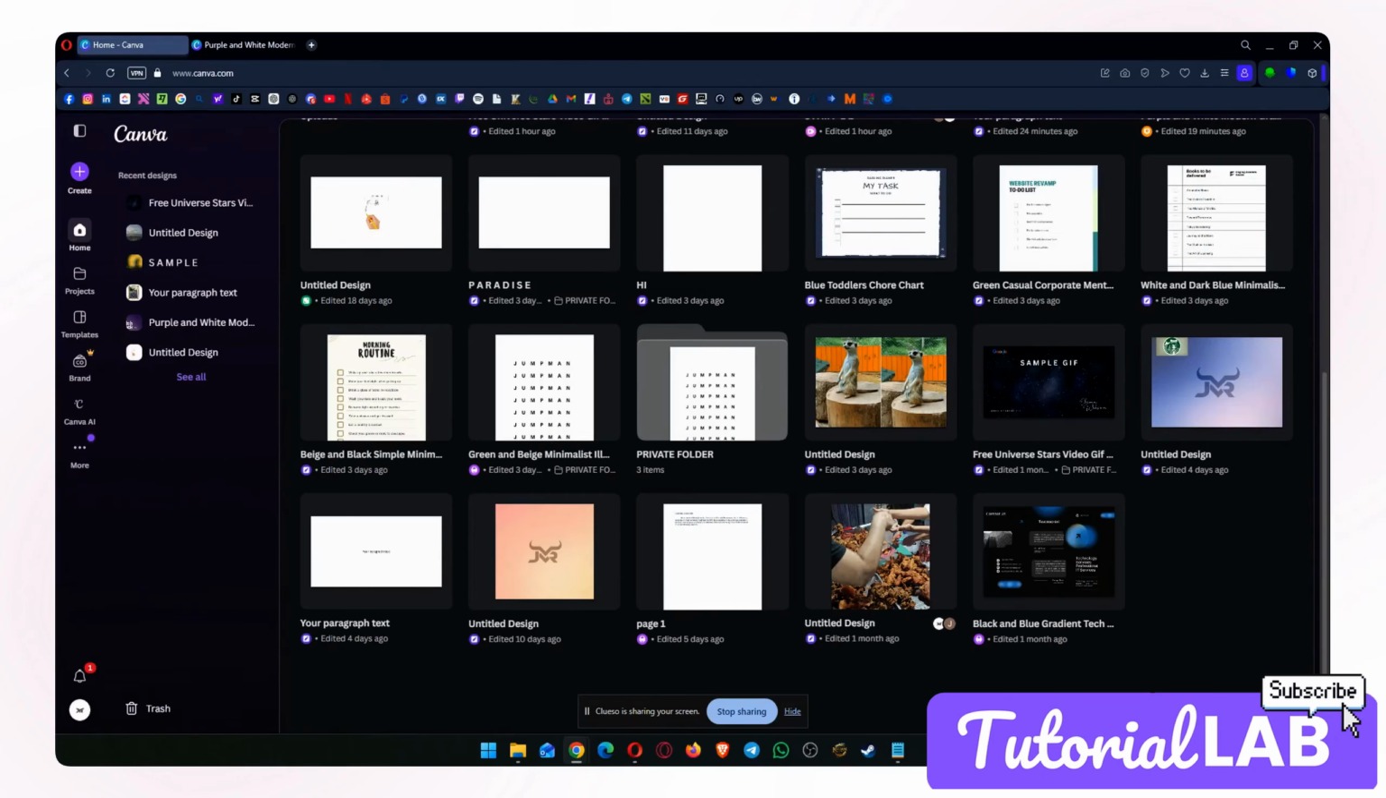Hi everyone. In today's tutorial, we will show you how to change your Canva account settings. Whether we want to update our profile, adjust preferences, or manage account details, we will go through the simple steps